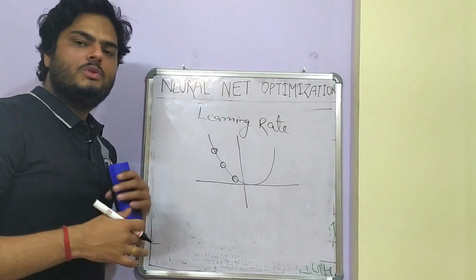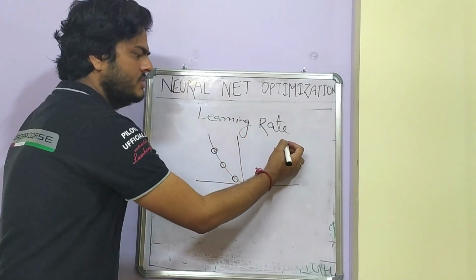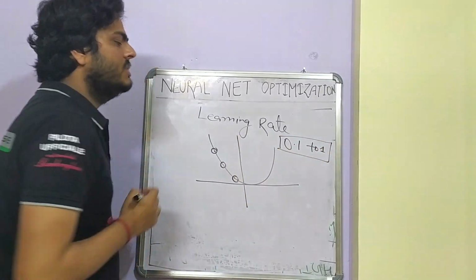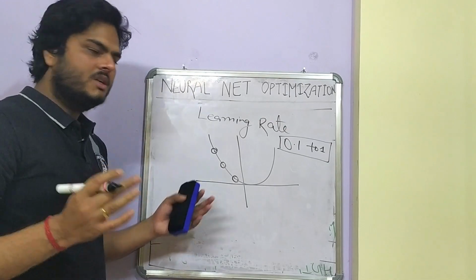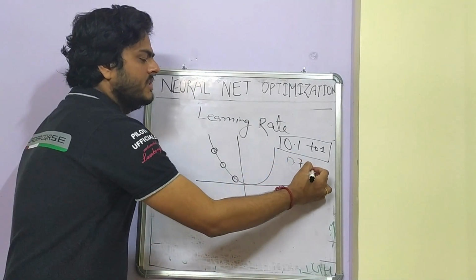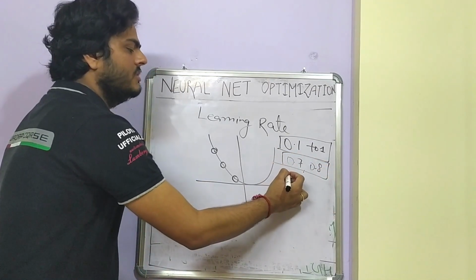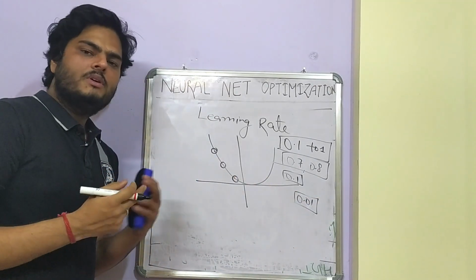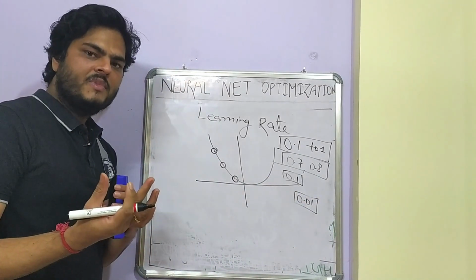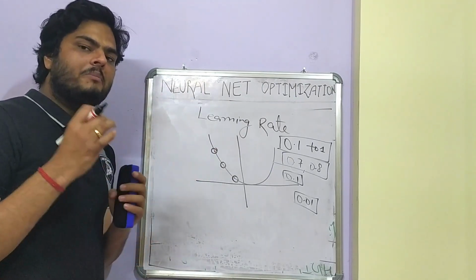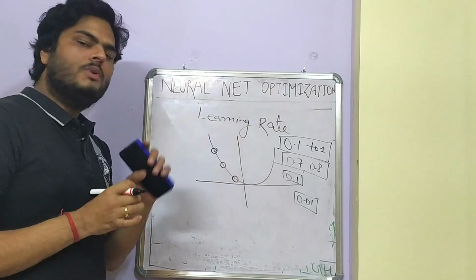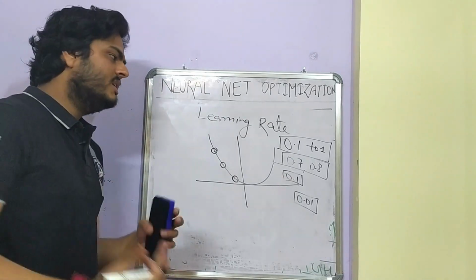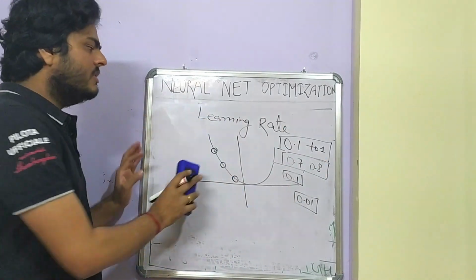So what learning rate should you choose? There is a range given in research papers, 0.1 to 1. If you keep your learning rate in this range, then maybe you will get the best results. Normally we keep 0.7, 0.8, or 0.1, sometimes 0.01 also. So we have to keep looking at what value suits our data. That is what I was discussing in my last video, hyperparameter tuning. The learning rate is one hyperparameter for your neural network. We need to see which learning rate is giving good results for us. The standard range is this. Okay, this is about learning rate.